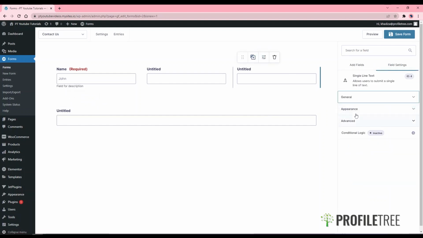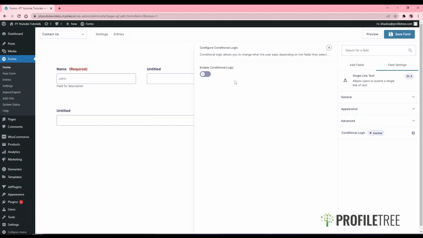Another thing with field settings, so that's the general and appearance. Another thing you can do is something called conditional logic. So with conditional logic, you can control which fields can be shown depending on the value of another field. So for example,